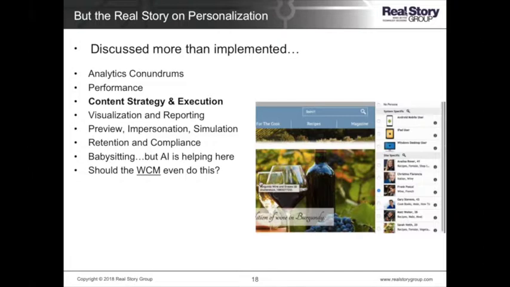First, that you're sure that you can deal with performance, because personalization is the enemy of caching. That you're sure that your analytics strategy can adjust for this, because now you're probably going to be doing more component level tracking. The biggest hurdle we see around personalization is the inability to have the right content strategy and to execute on that strategy in terms of content variation. So if you haven't addressed that, then don't even bother with personalization.